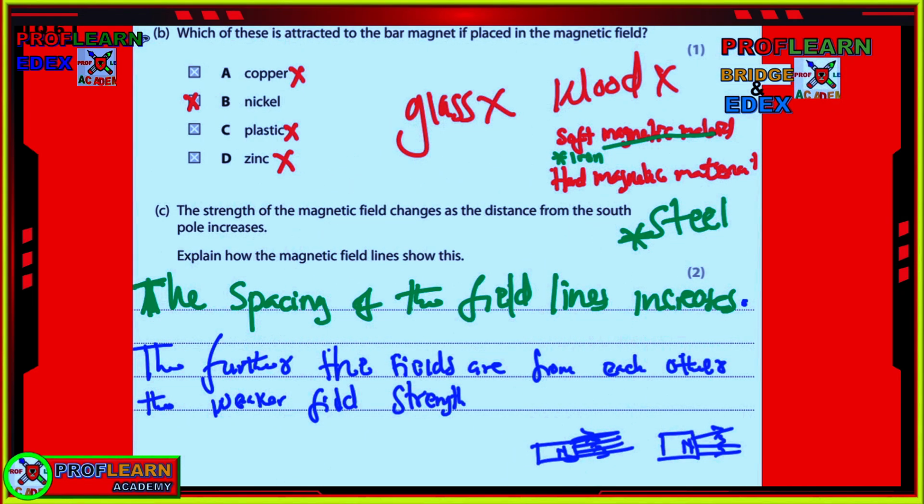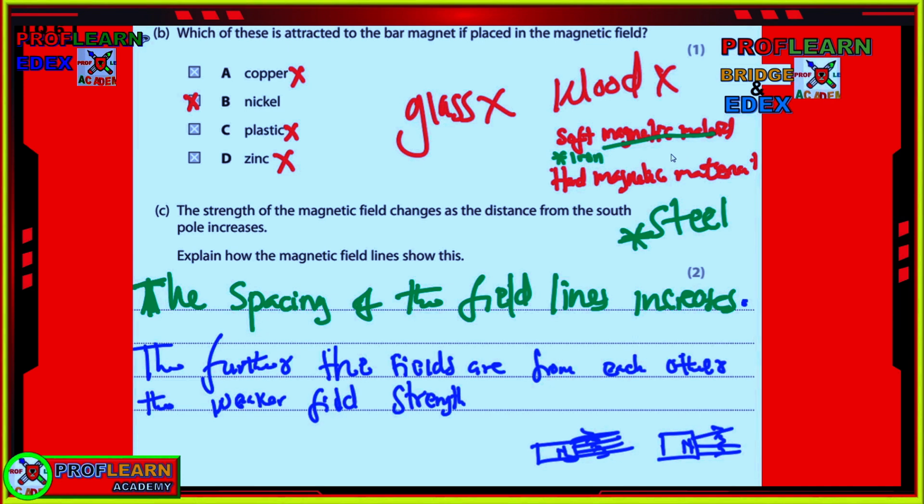Now, which of these is attracted by bar magnets? Remember, those materials which are attracted by magnets are called magnetic materials. So nickel is one of the magnetic materials, plastic is non-magnetic, zinc is non-magnetic, copper is non-magnetic, wood is non-magnetic, glass is non-magnetic. You need also to understand, as you are going to review for your exam, that